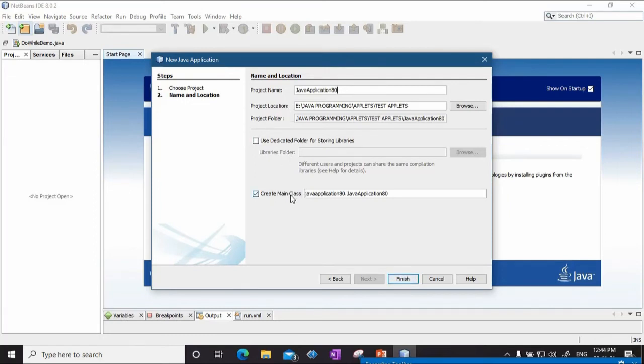So you have to uncheck create main class here, and I will name this project user input demo. I have to uncheck create main class and I say finish.